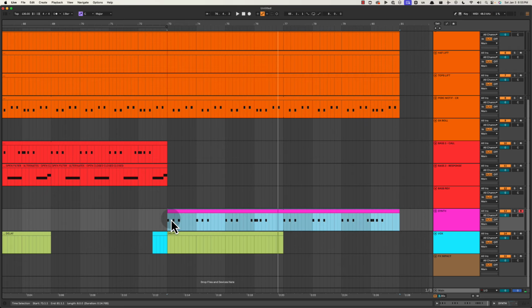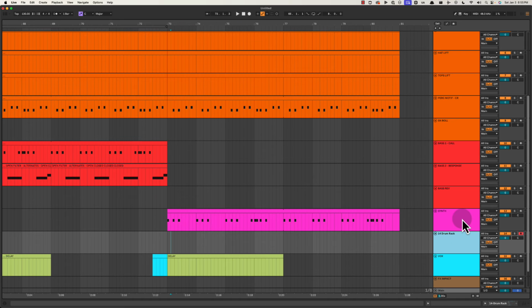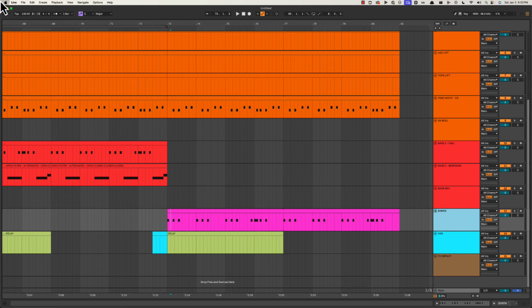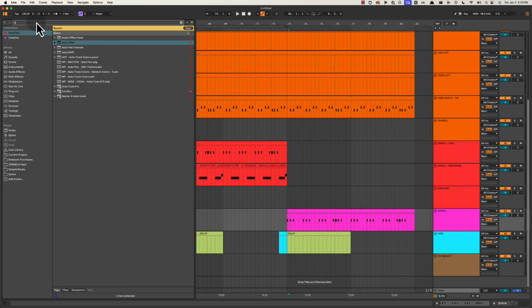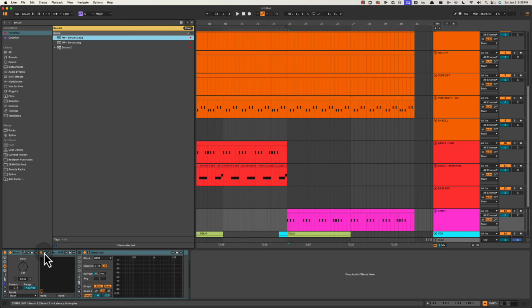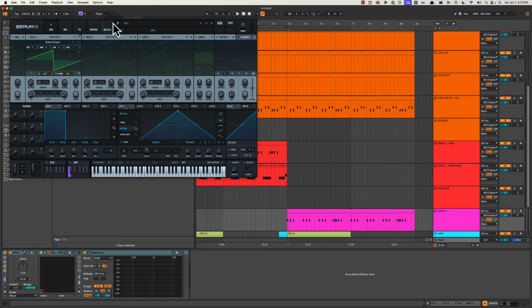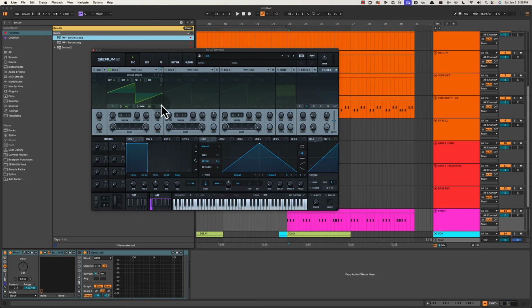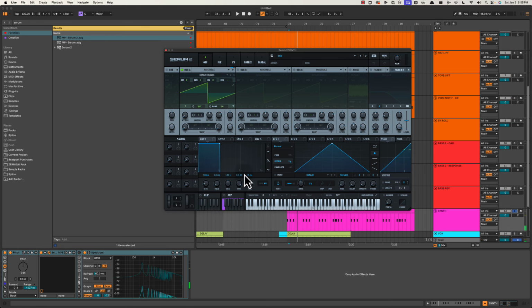What's cool about this sound is the phasey sound, and you can get something similar to that. I'm not going to do it exactly, but just showing you something very similar. Let's go. Load Serum. Basically what you want is to stack oscillators and have them detuned. If we just play this, that's not going to give you that sound.